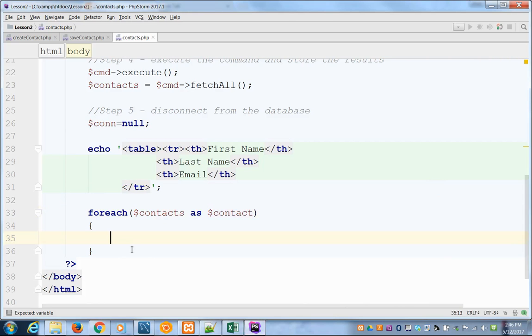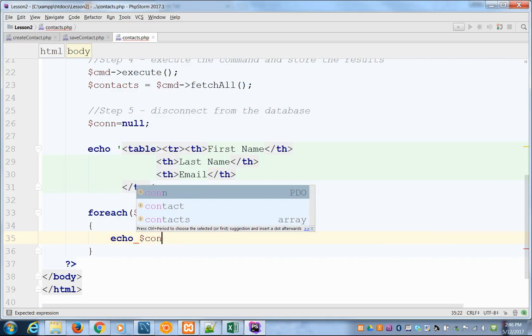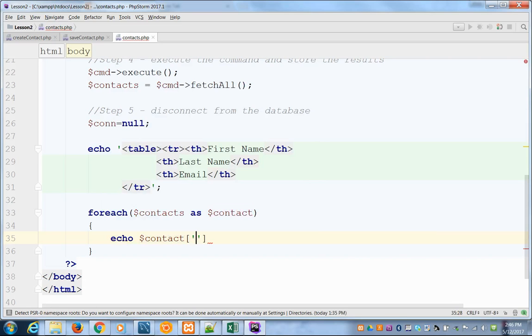So if we just want to display it to the screen, I could do something like echo contact, and in here first name, dot, and we'll do a new line. It's not going to look so great, but just to give you an idea what's going to happen here. So I'm going to hit save,